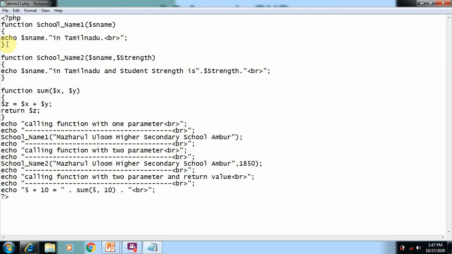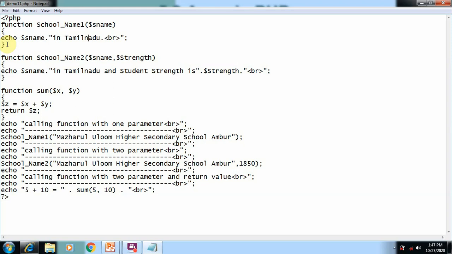The function name is school_name1, where we accept one input, that is sname. sname means school name. After accepting this sname, we do some operation on that parameter. In the coding you can see $sname . " in Tamil Nadu".